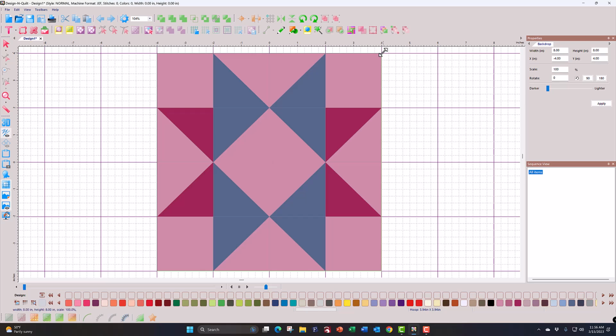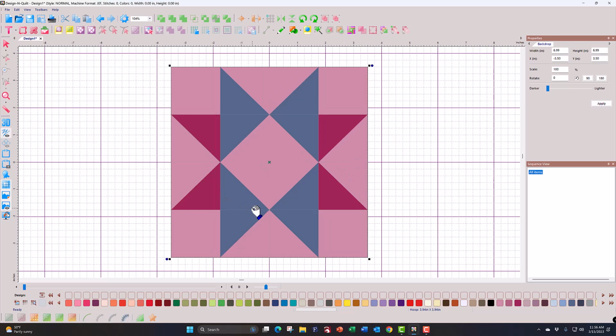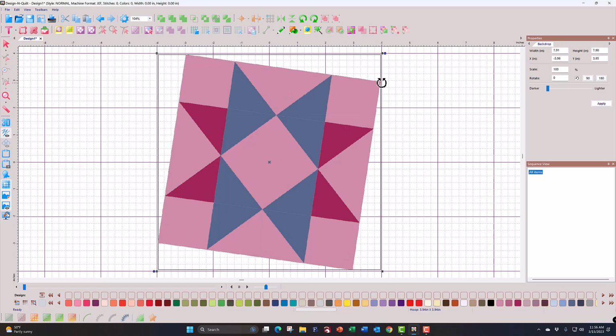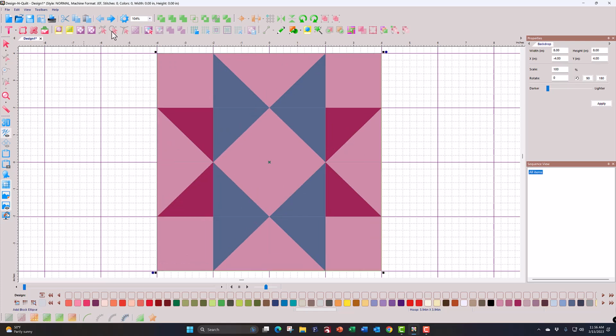And you can click and drag them either in or out to resize the quilt, or the backdrop. So if it doesn't come in at a convenient size, you can use those tools to resize it. The blue dots will let you rotate it. So this is just like other controls within the program and other RNK programs, Floriani programs, how we do that. So that is the simple way to do it, but maybe not the most accurate or convenient way to do it. So I'm going to do an undo a couple times here to get back to where it was, because